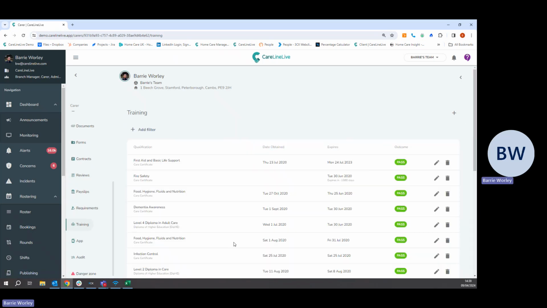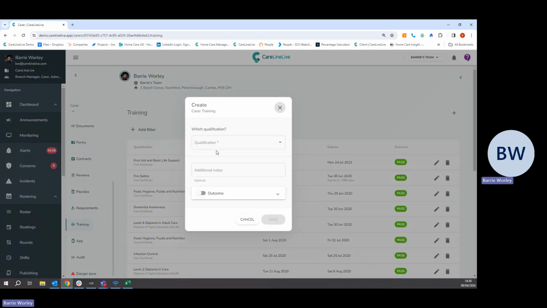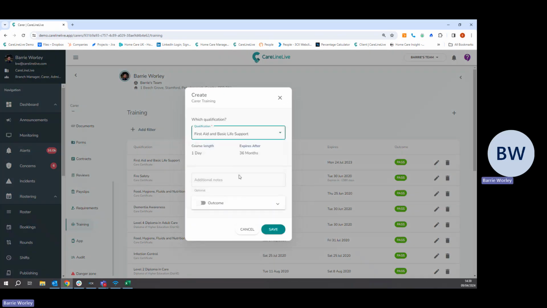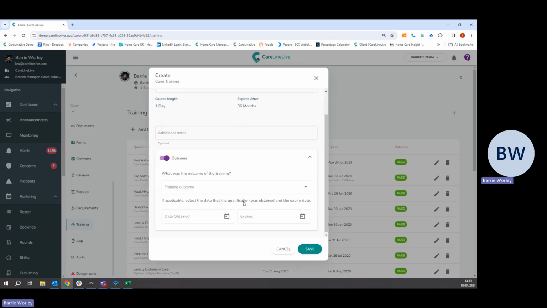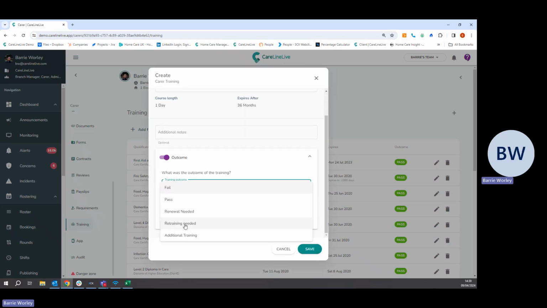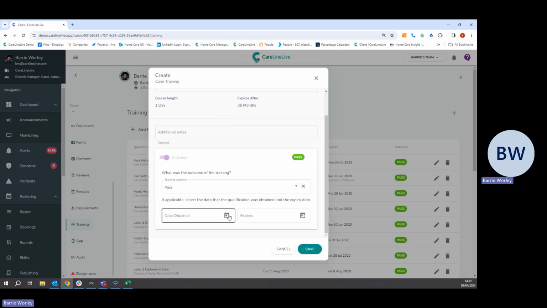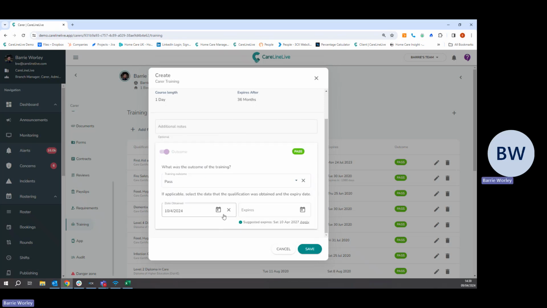And then we have an area here for basic training. This allows you to come into the system and add whatever qualifications you like. Choose the qualifications, the course lengths, the expiry. We can add outcomes when these trainings have been performed. We can put when the date was obtained, and importantly, our system will then indicate when they are due for